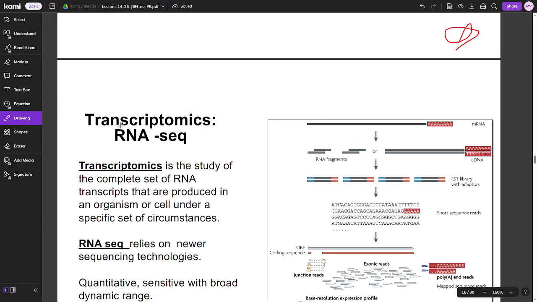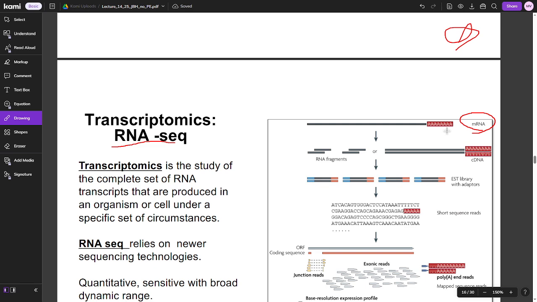So starting off with RNA-seq. RNA-seq is very simple. Basically, what you're going to do is take your cells, right? You're going to extract the mRNA from these cells. The premise behind this is that different cells will express different RNAs, because of epigenetic modifications and the location of the cell in the body. All your cells have the same DNA, right? But obviously, your liver cells are different than your skin cells. So even though they have the same DNA, the RNA products that are actually being made from those cells are